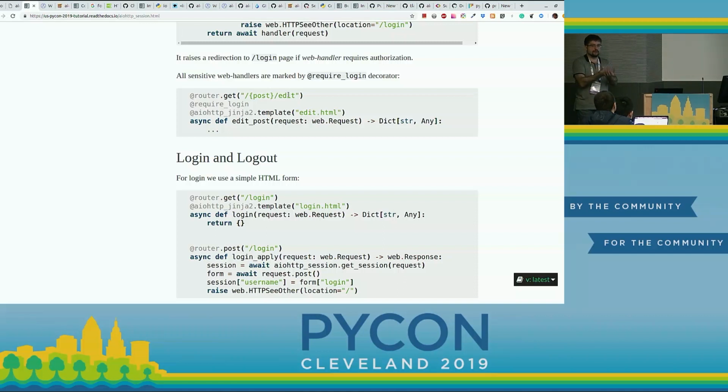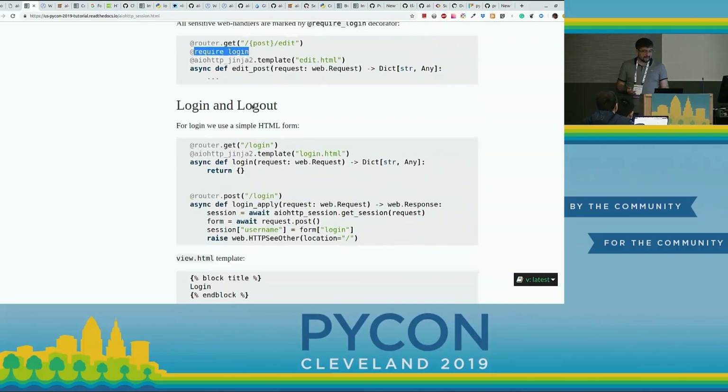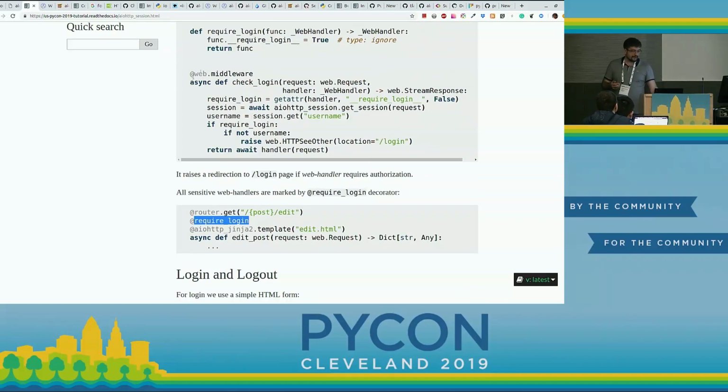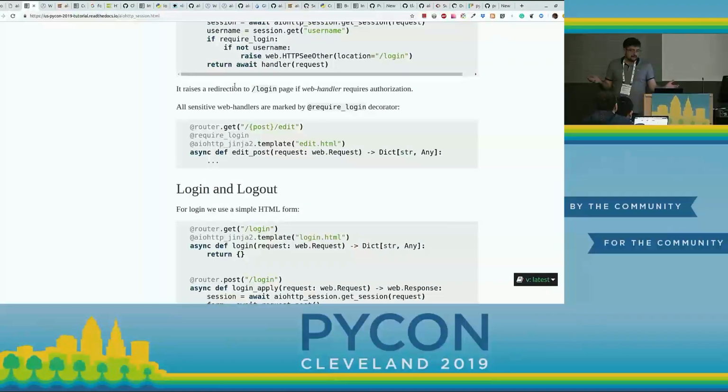To edit, you should log in. So the endpoint for editing a post is marked with the require login decorator. We set up our middleware, registered in the application, check login middleware, and